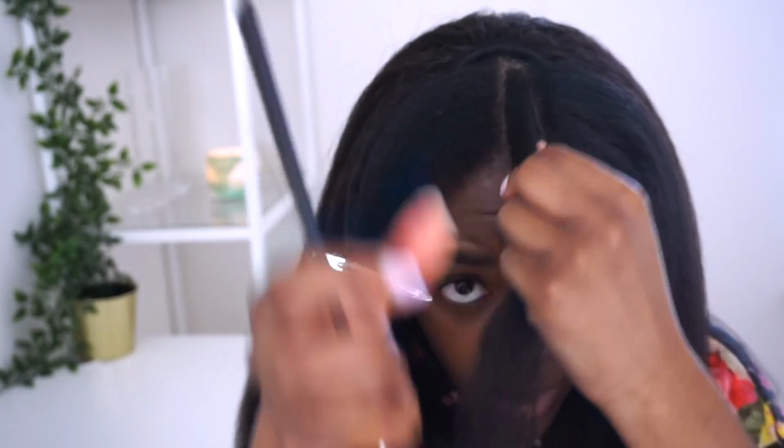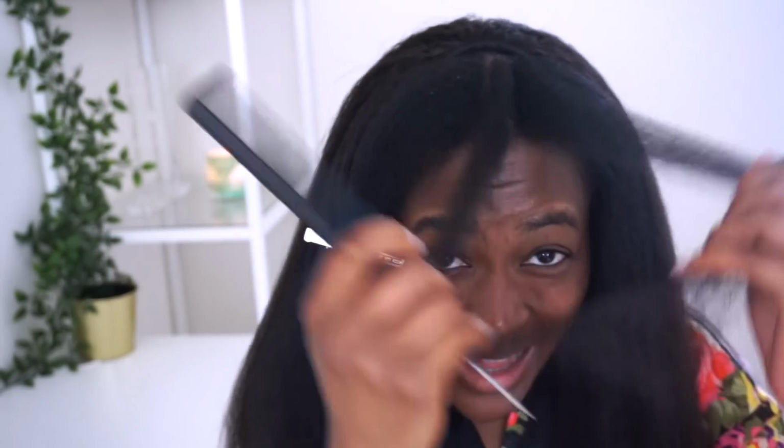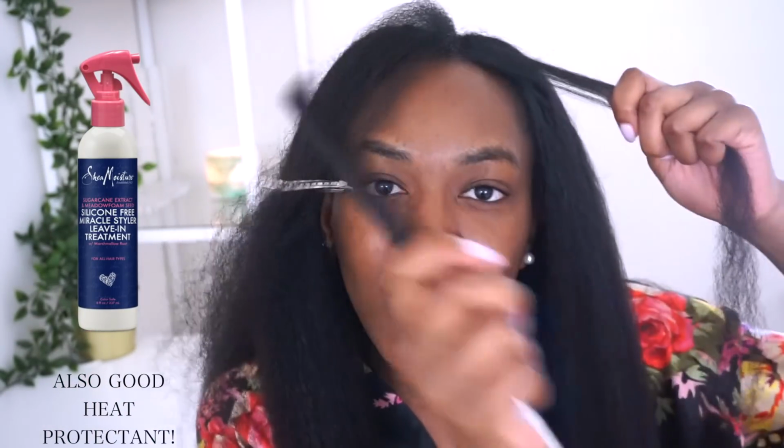You see how that blends? Good deep conditioner, good leave-in conditioner, just making sure your hair is very, very well moisturized. I think is a great way to prevent heat damage because it makes your hair more elastic. You don't necessarily need to put so much heat to get it to be straight. So yeah,